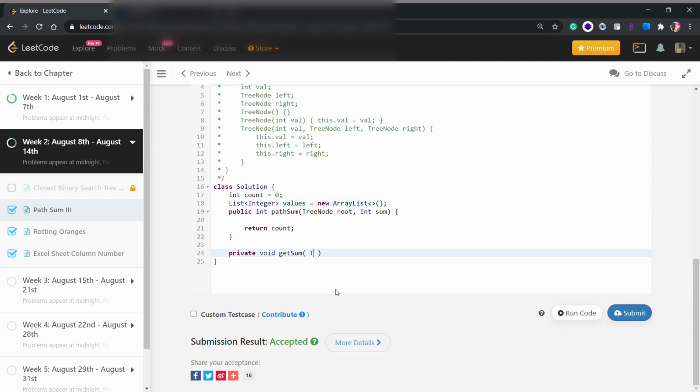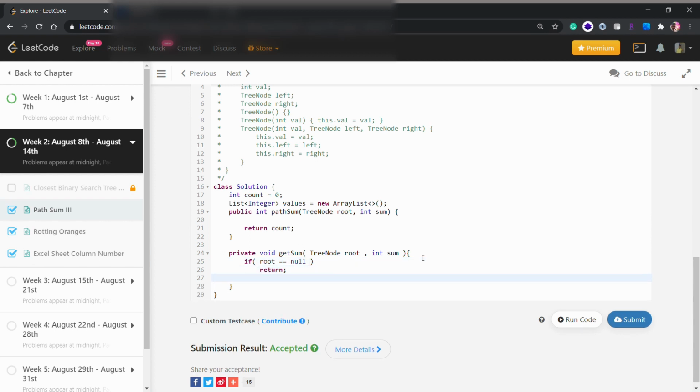So how are we going to use it? Let's have a look at our logic. We will have a TreeNode root and an integer sum, same parameters as we have here. First we will check if our root is null, then we will just return from the method. We won't do anything.